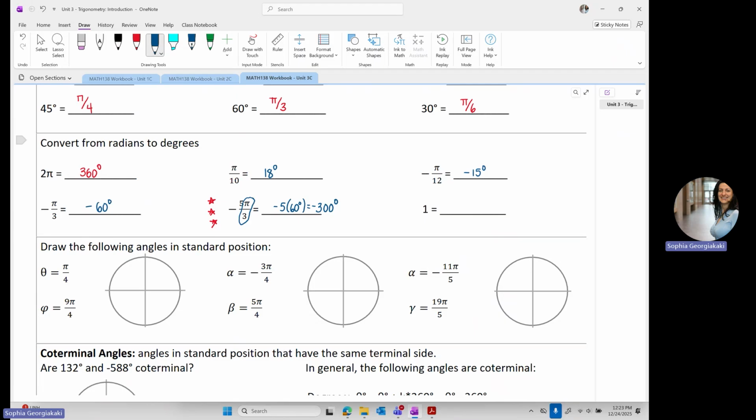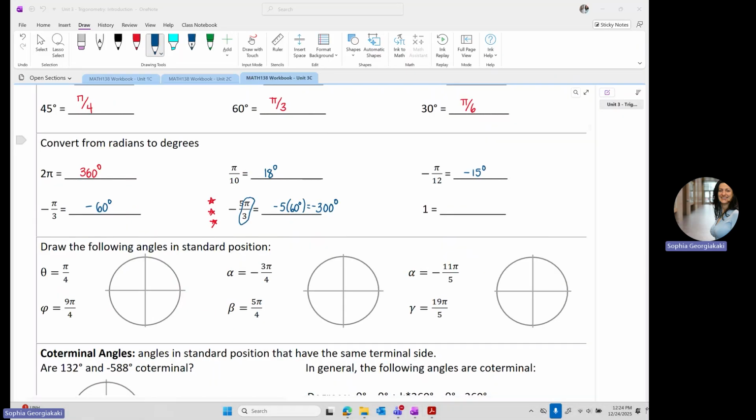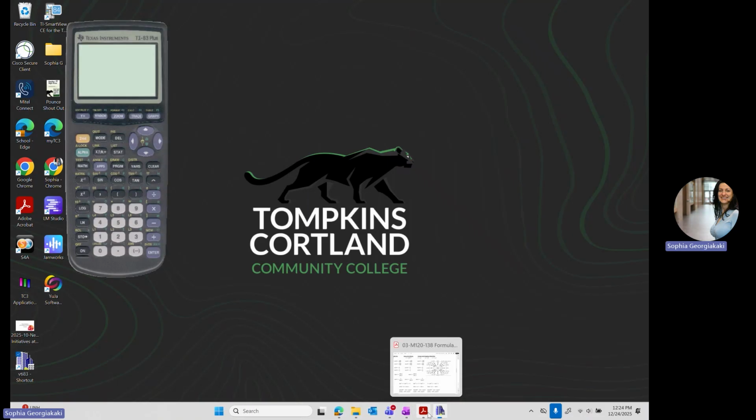Pi, as you know, which corresponds to 180 degrees, is an irrational number. So 1 looks like it's an easy number, but rotationally, as an angle, it is actually an irrational number. So the only thing we can do is find an estimation. So let's use our calculator for that and the formula. According to the formula in our packet,